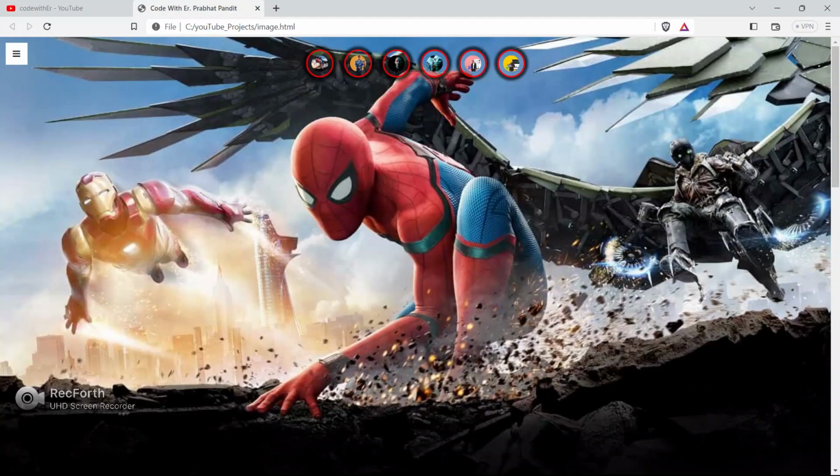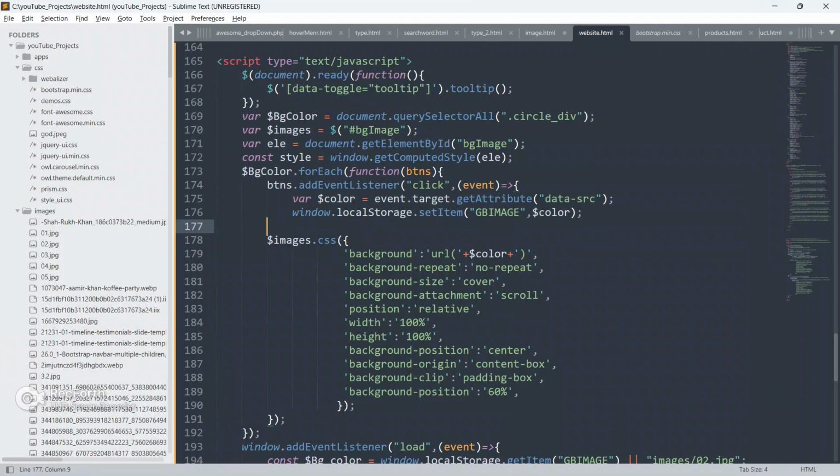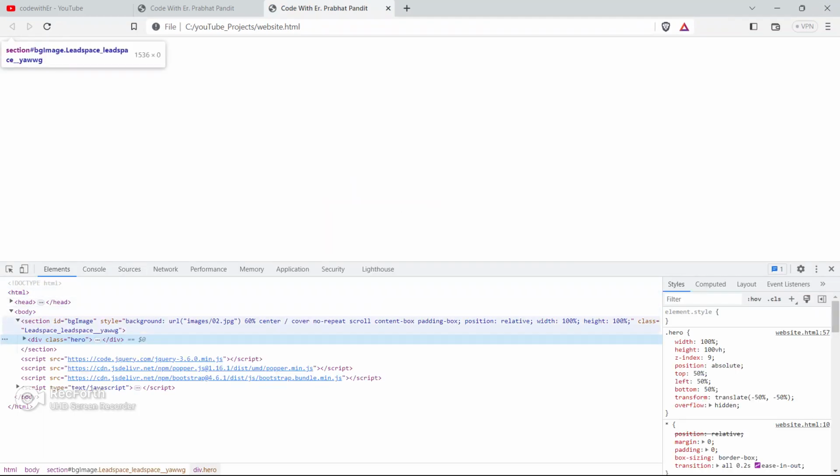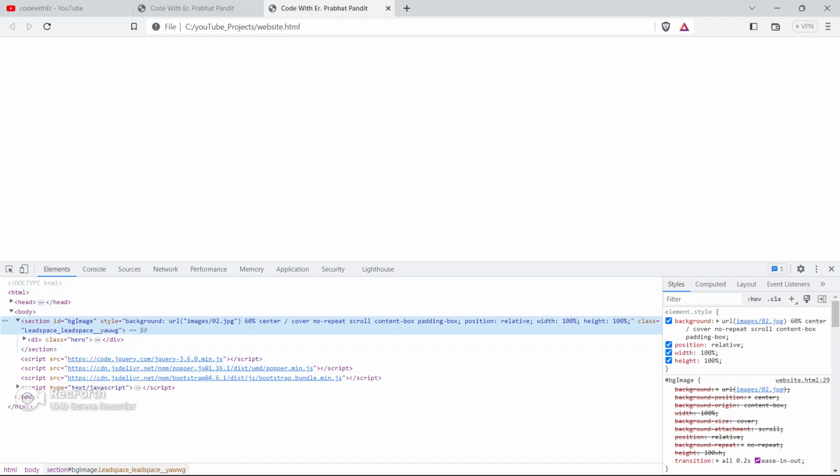Okay, save your code, go to the browser and refresh your page. Just cut this out, open this page again in the browser. Let me just inspect this.